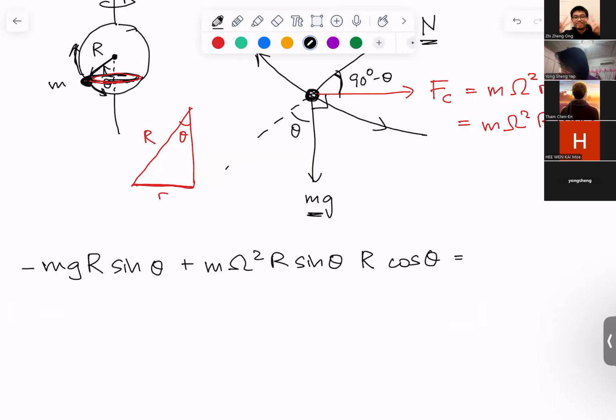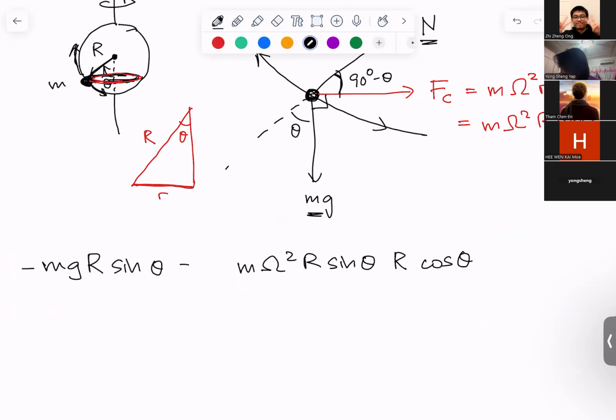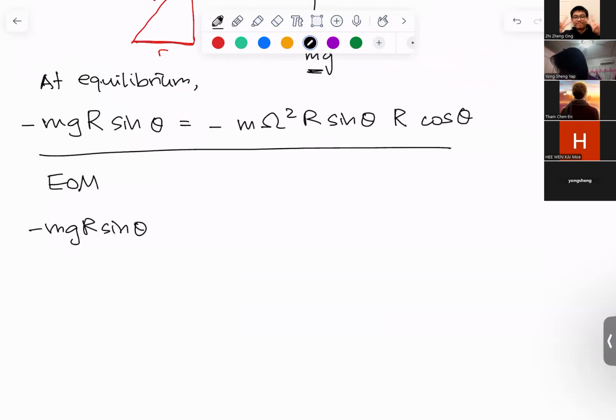must be equal to. So again, let me stress that at equilibrium, these two must balance out. So this is equal to the negative of this at equilibrium. But otherwise, the equation of motion needs to account for the fact that it's not in equilibrium. So you have this equals to I